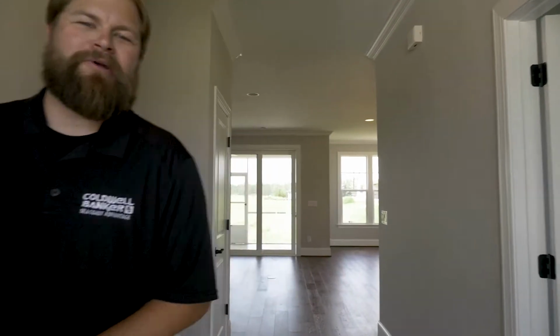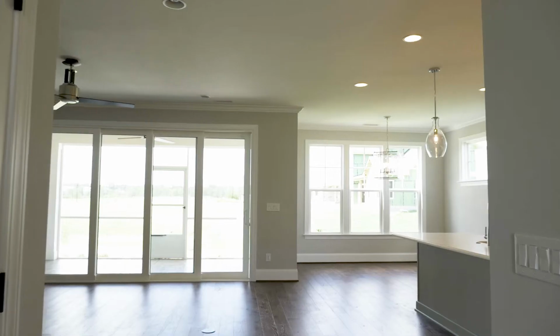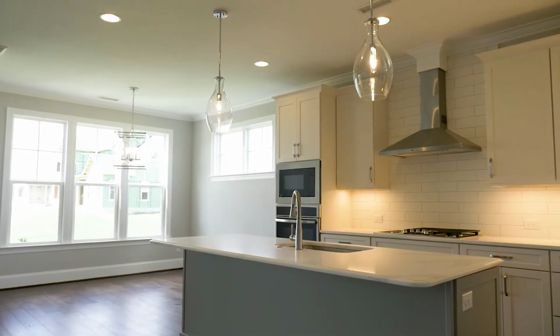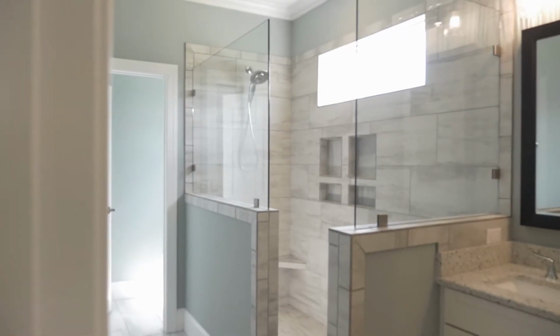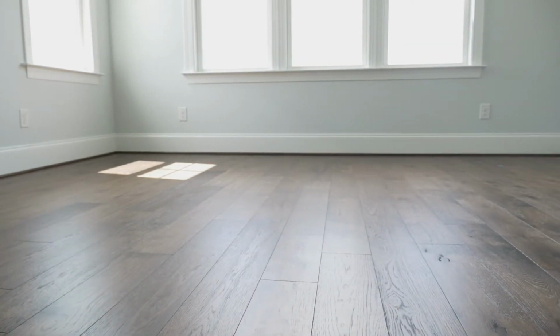Welcome inside the Magnolia. You'll notice the office on the downstairs level. You've got a great open floor plan with a kitchen that opens up very nicely into the backyard with the pond views. In the back of the house is the master. It's got extensive trim, a beautiful master bathroom, and the hardwood floors run throughout this entire home on the bottom